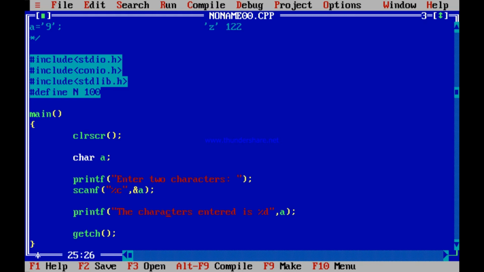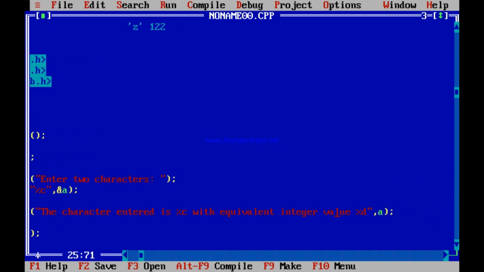So, I can also write like this: the character entered is %c with equivalent integer value %d. So each and every character has got an equivalent integer value.